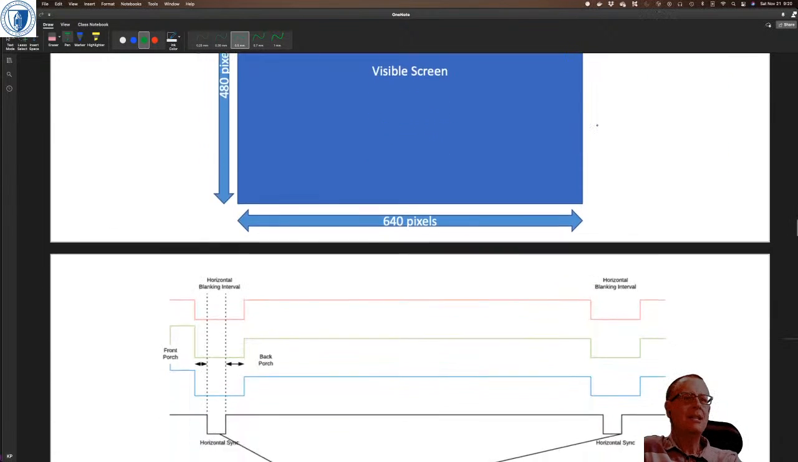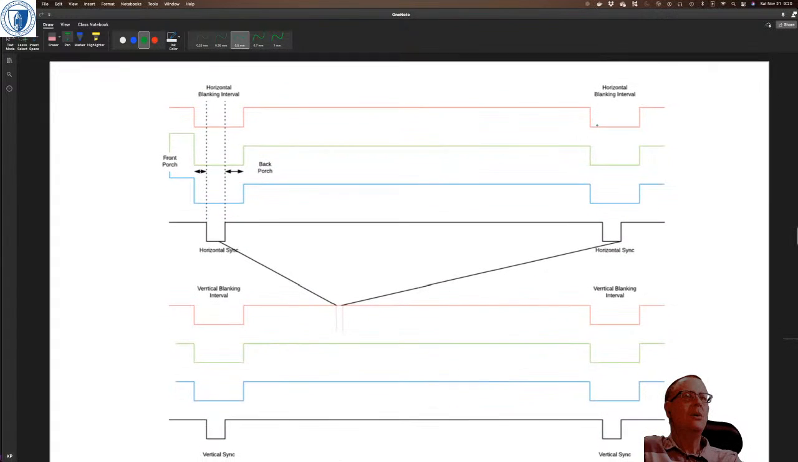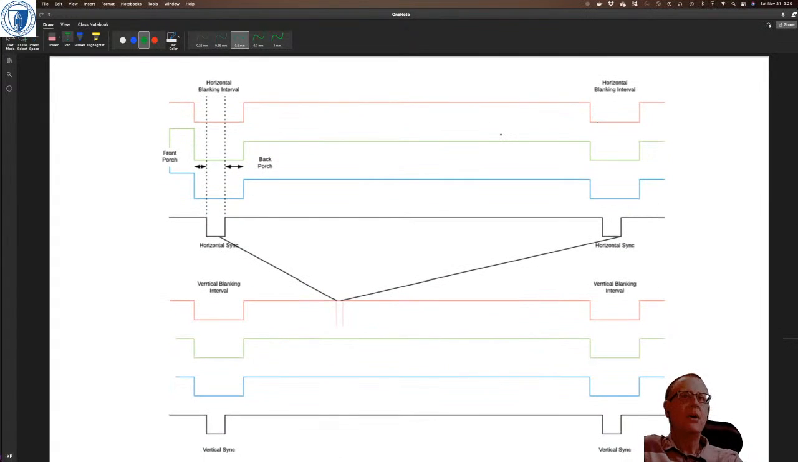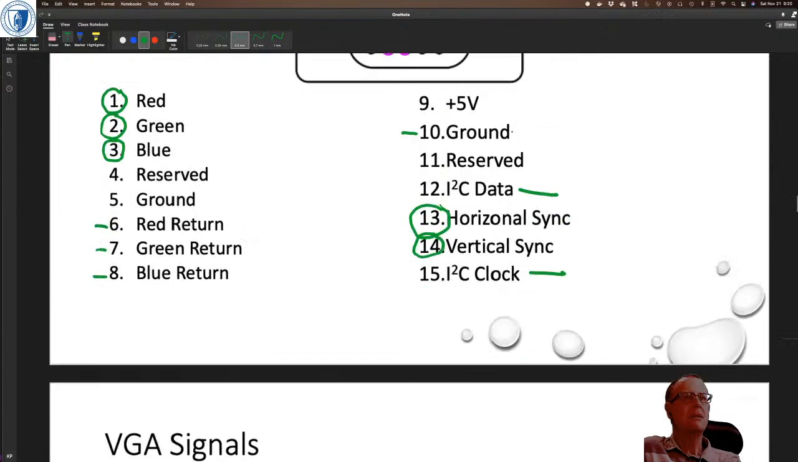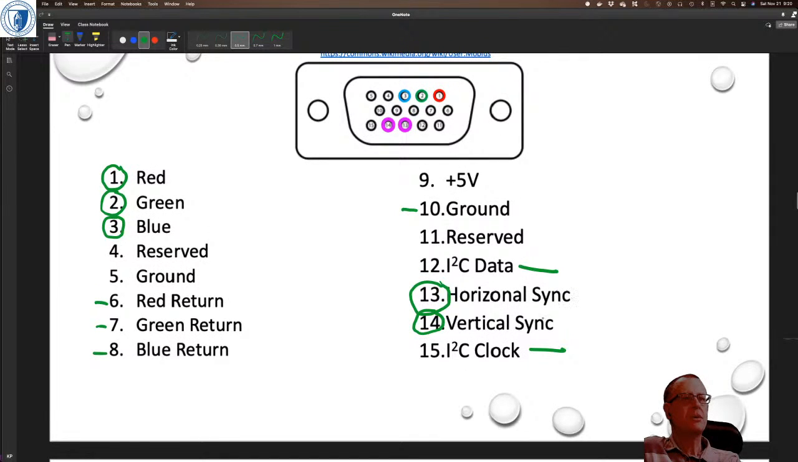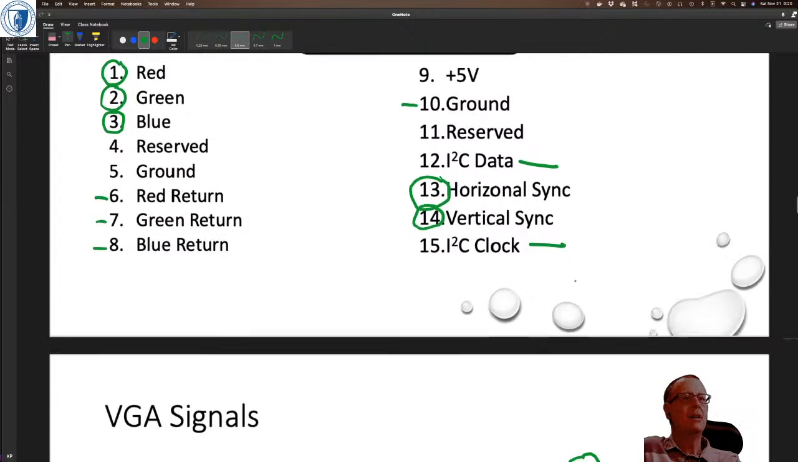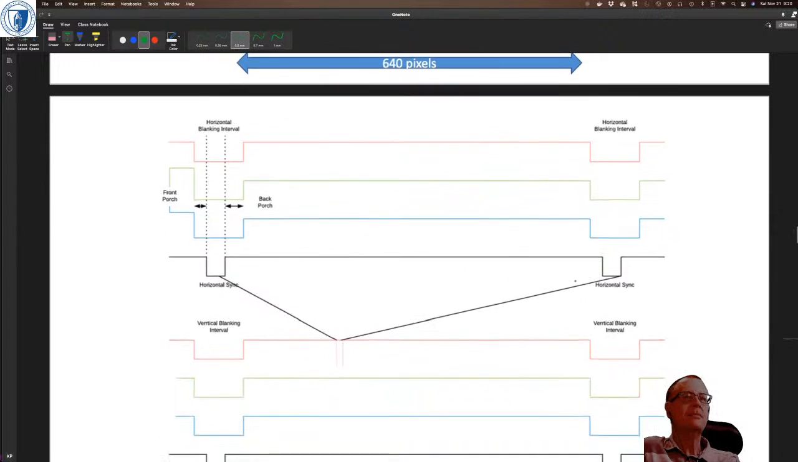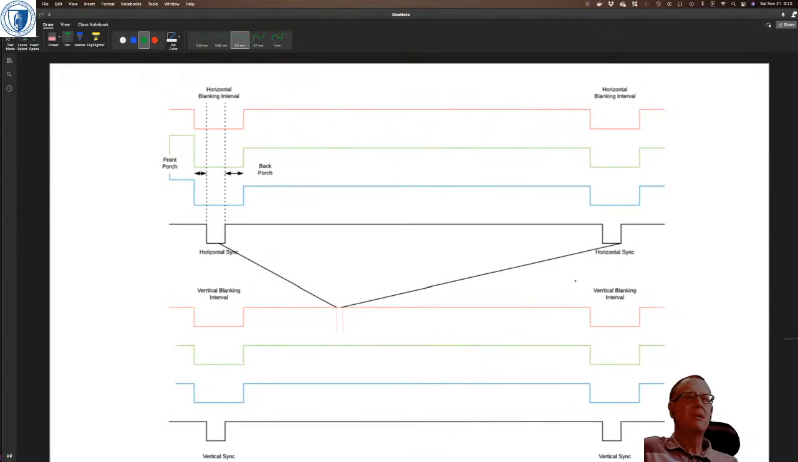Okay, so how do we do that? Well, what's happening is we've got to have two synchronization signals, the horizontal sync and the vertical sync, pins 13 and 14. So what happens is the horizontal sync, that's the black line there,